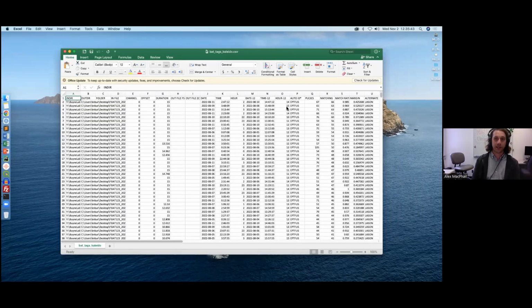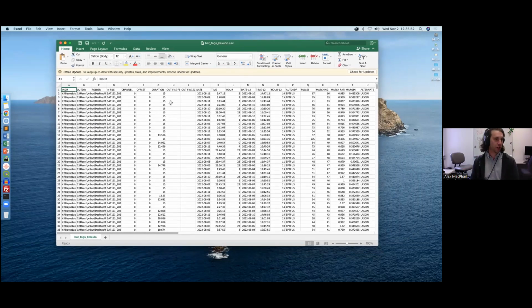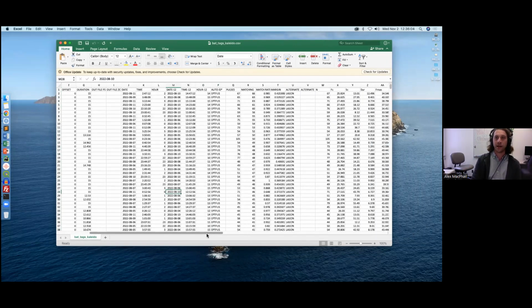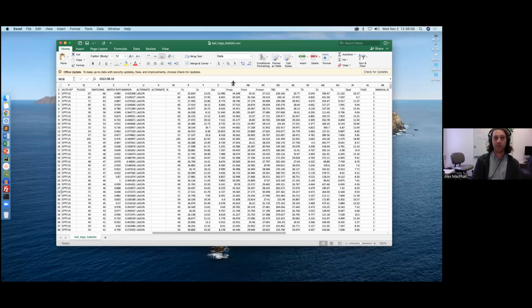So Kaleidoscope is a classification software that does include bat classifications and auto IDs. For those of you who are familiar with Kaleidoscope, this output should look fairly familiar. This is all of my input files, all of the data that comes out from Kaleidoscope, as well as all the auto IDs. But you can see a lot of the data in here is quite similar to what we're going to be supporting in WildTrax, such as tag dimensions, so minimum frequency and maximum frequency, the auto IDs,